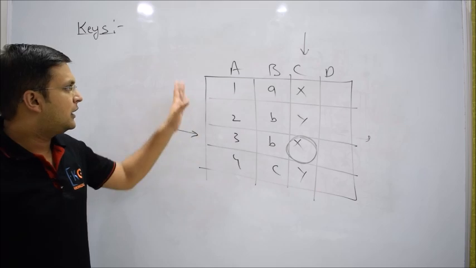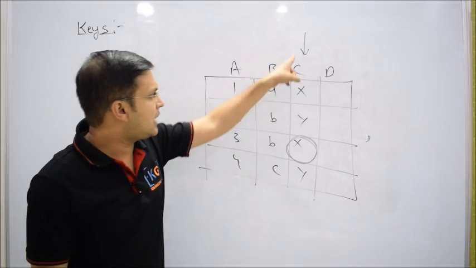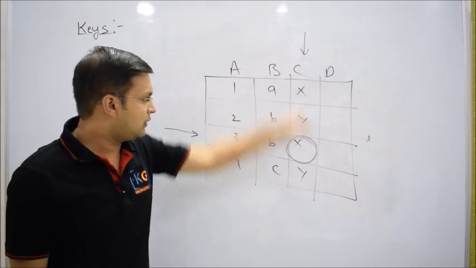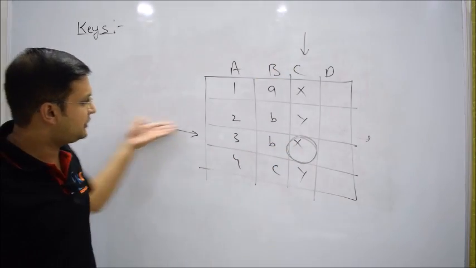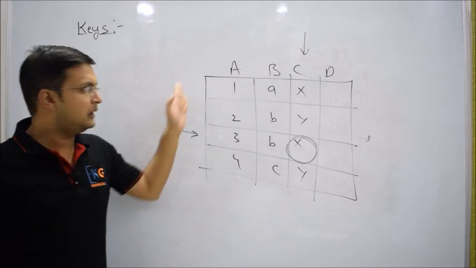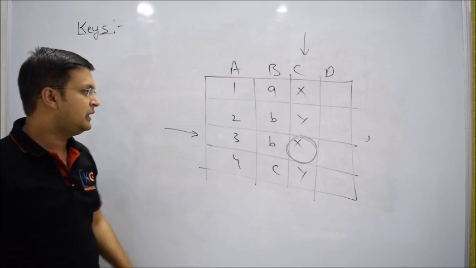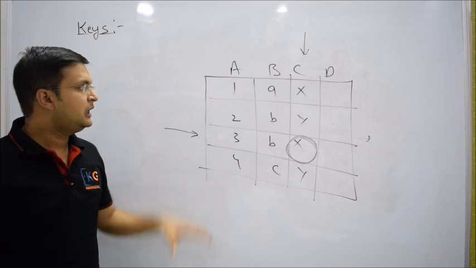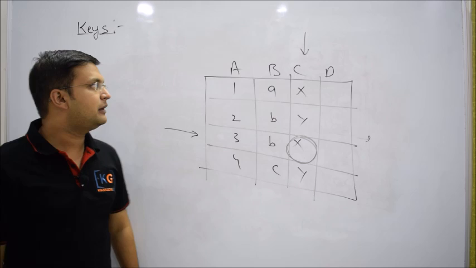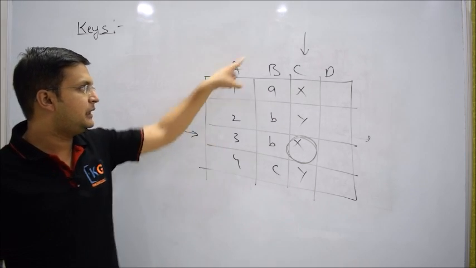In a table every column has a name, so that is easy. I'll say directly, okay, I want column C, so you can come up to here. But in column C, to come exactly to this cell, you must tell which row you are talking about. The problem is that columns have a name, but rows don't have a name. Among those four rows, how are you going to say which particular row you want to access? If rows don't have a name, you will say, okay, I want to access that row where, for example, the value of A is 3, or where the value of B is b.